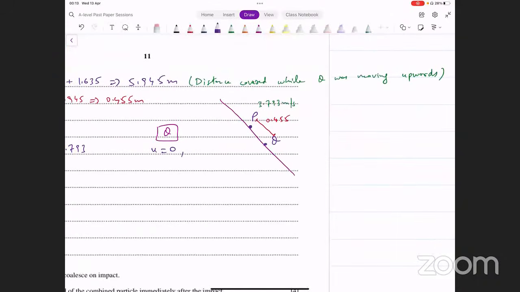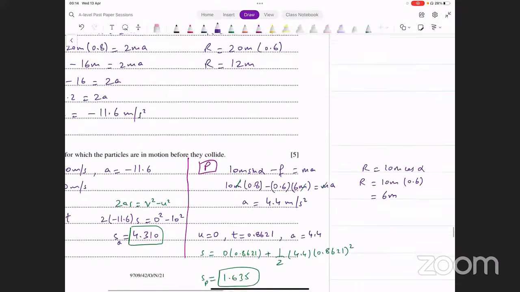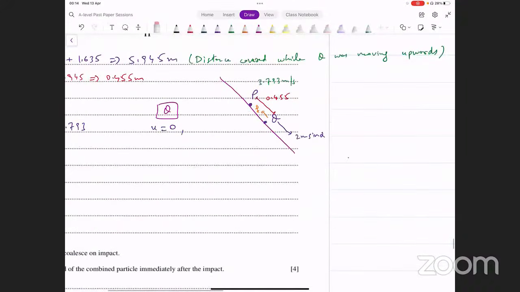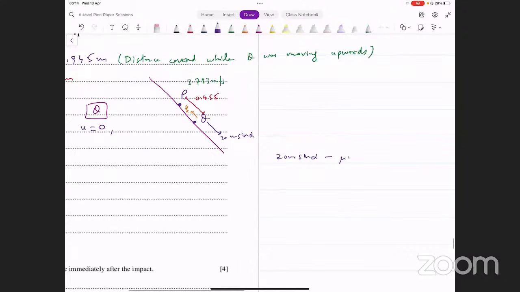Q के ऊपर कौन कौन सी forces लग रही हैं? अब Q के ऊपर एक force नीचे लग रही है. That is 20m sin alpha. This is the component of the weight. We've done this multiple times before. एक force ऊपर लग रही है, ऊपर को friction लग रही है. ठीक है? ये दो forces लग रही हैं. Sorry, this is not 2m, 20m होना चाहिए, weight की बात कर रहे हैं. So it's going to be 20m sin alpha minus friction, which is mu r,